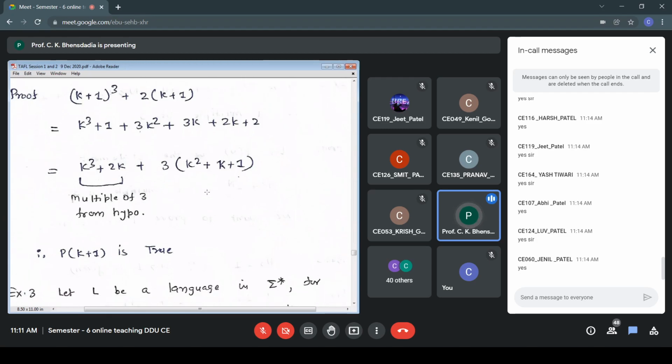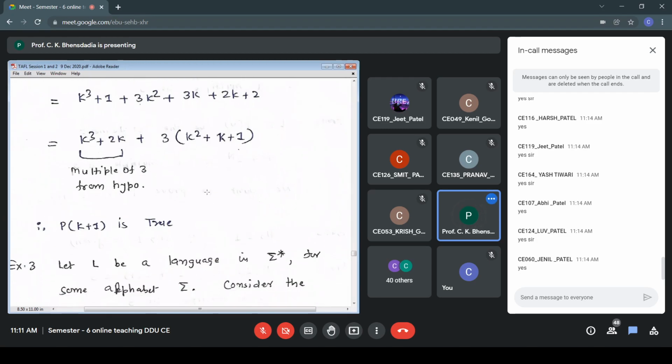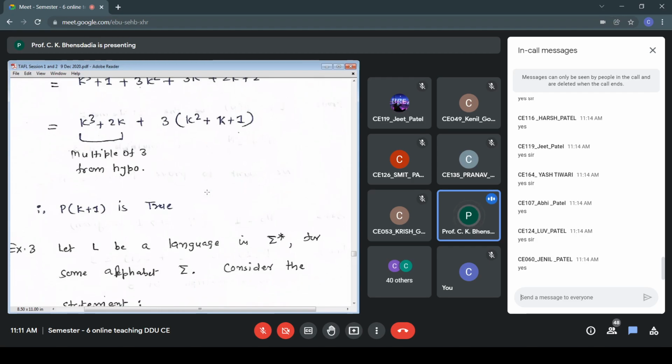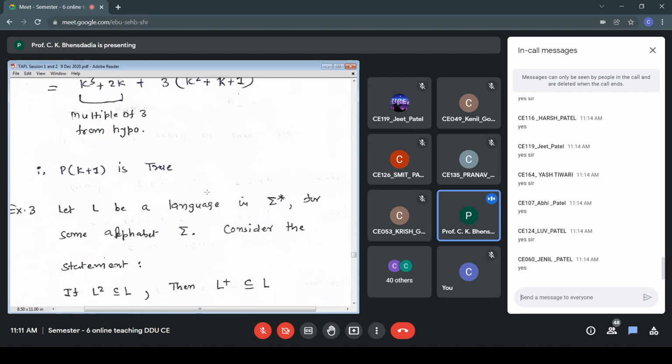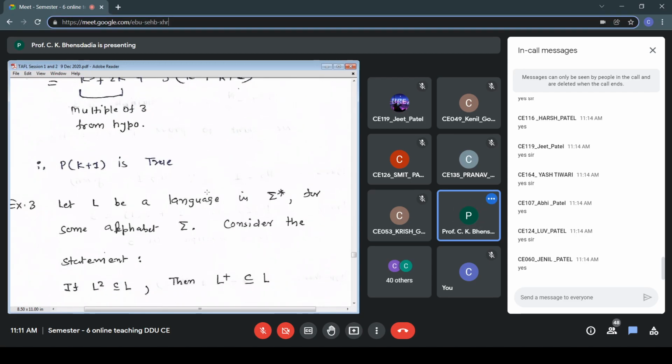So now we go to the third example. Let L be a language in sigma star for some alphabet sigma, and consider the statement: if L square is a subset of L, then L plus is a subset of L. Now for this example, in order to apply PMI,